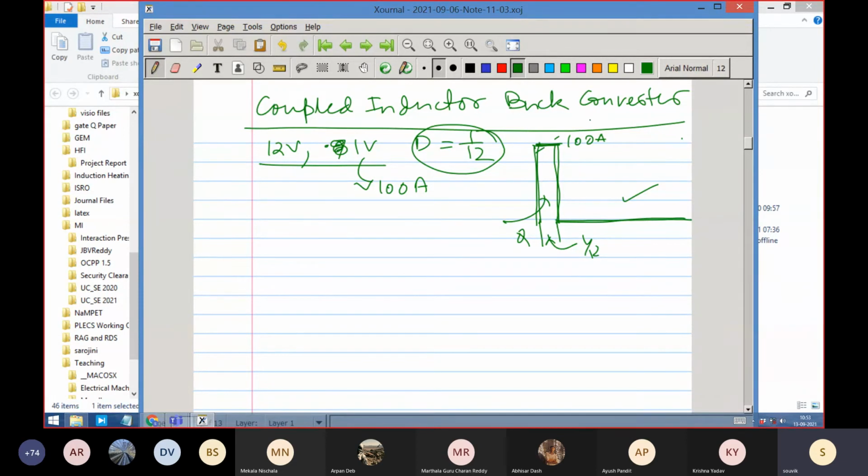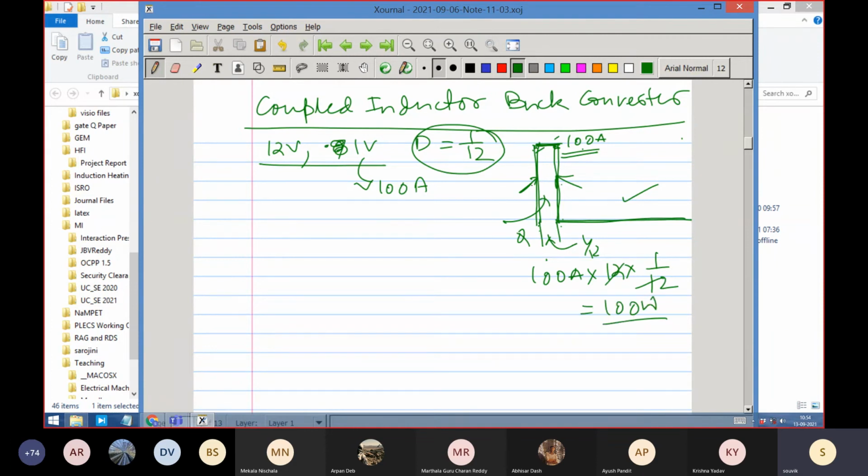Not only that, you will learn later that when the spiky currents are there, this portion is responsible for switching losses. The switching loss depends upon how fast the current is rising, as well as the amount of current that you are switching. So this amount of current we would like to reduce, because the power is how much? 100 ampere into input voltage 12, and the time period is 1/12. So this is 100 watt.